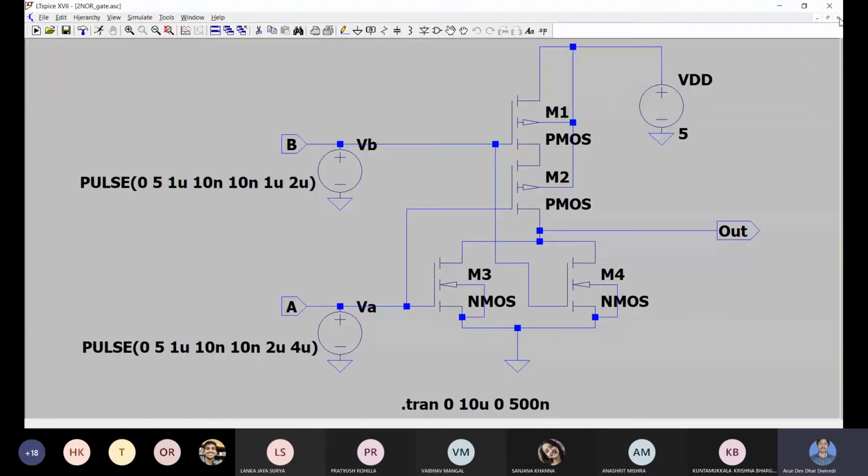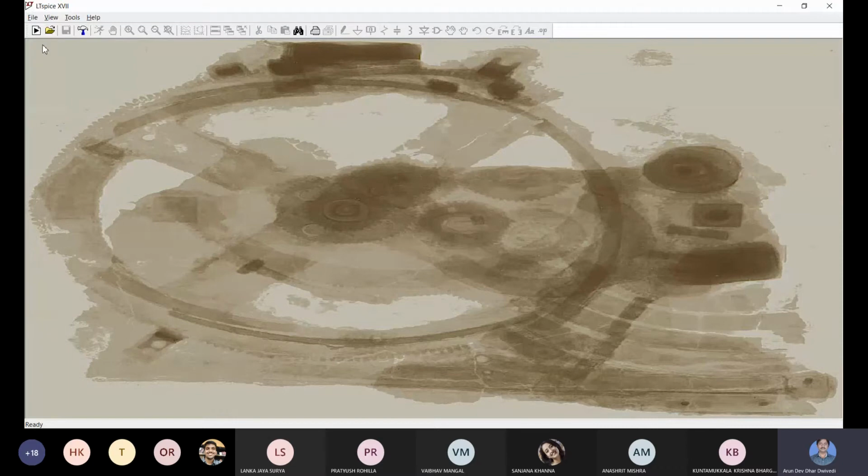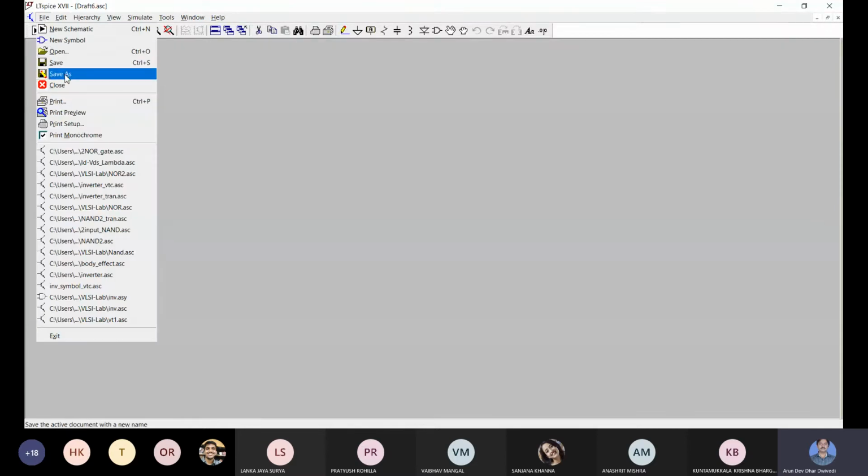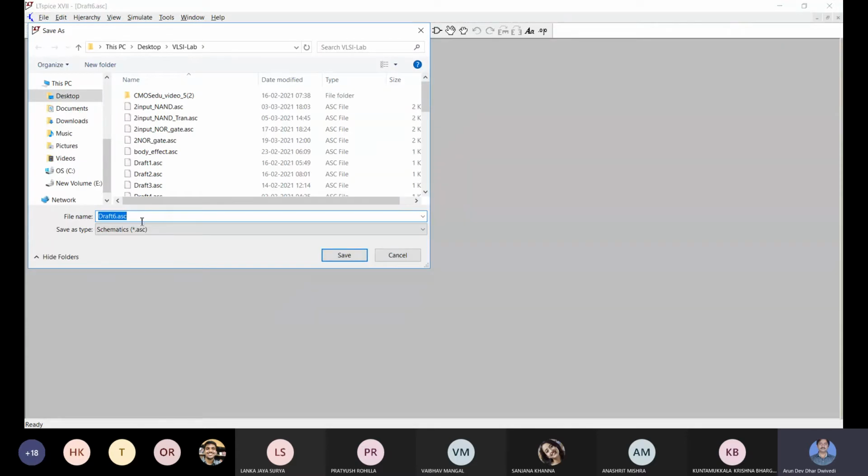If I remove this one and close it, I can demonstrate a new schematic live. You can go to new schematic, then save the file with some name like two input NOR underscore tran, since we want to do a transient simulation.